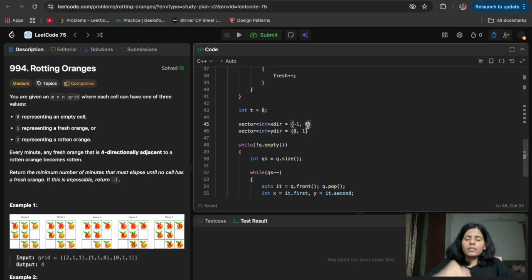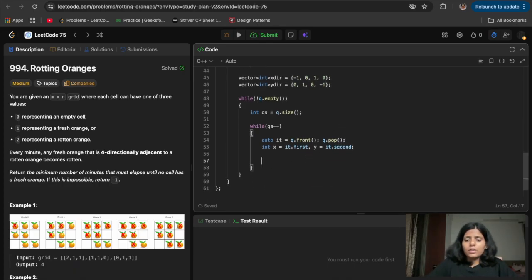If I'm going down, then I need to add 1 to the row, and for the column nothing. If I'm going left, I don't need to do anything with the row, but I need to do minus 1 in my column. So yeah, these are my x direction, y direction vectors which I will add.